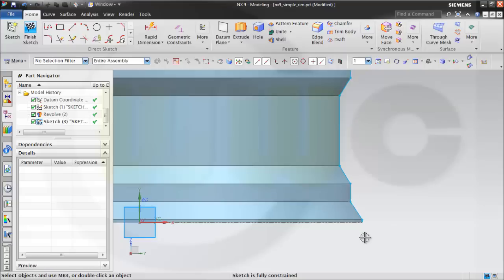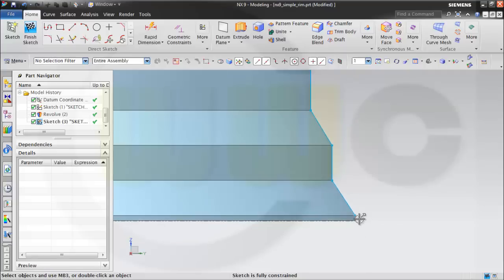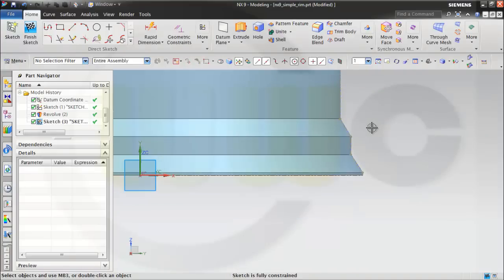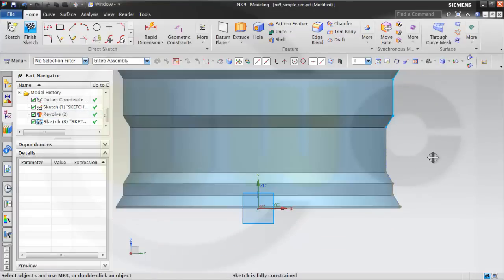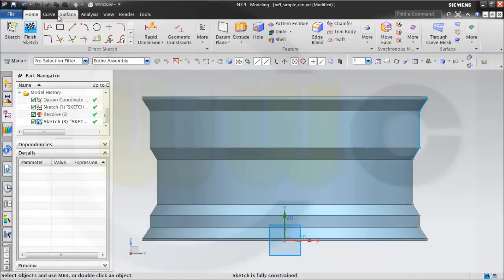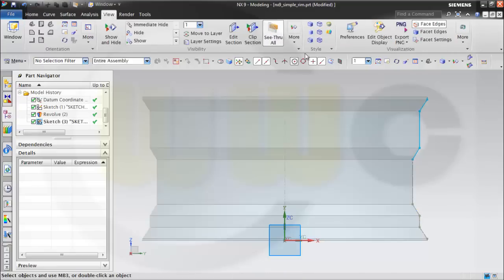So I need this one to be for construction, construction, construction, construction, and construction. Then I could make it see through all, and I need